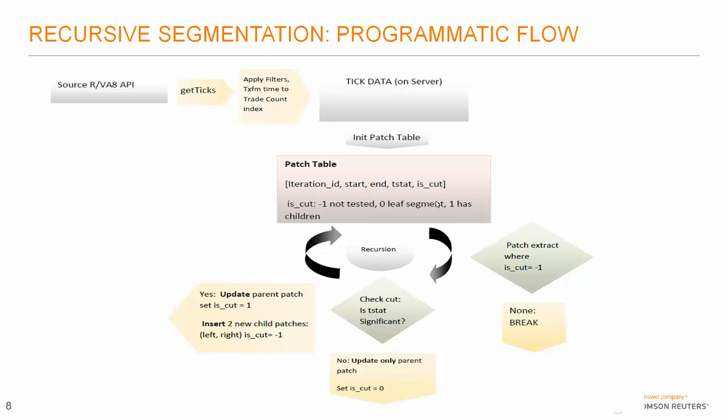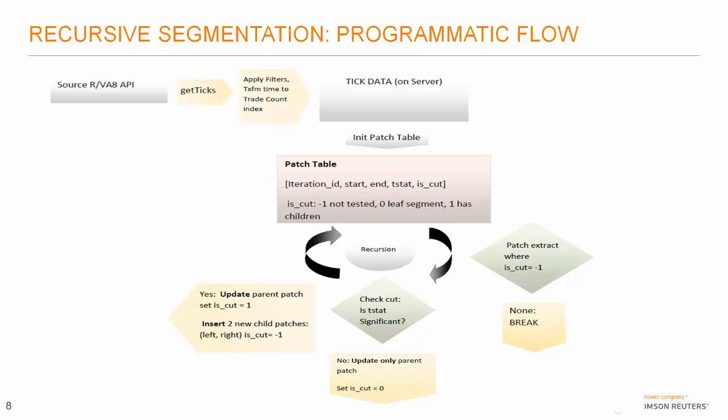The data structure that we need to do this is something I simply call the patch table, which represents the extensive compression of the time series, where we're representing each patch by a simple ID, iteration ID, a start index, an end index, and most importantly, a flag that tells the process whether or not a given patch has been tested, in which case we set the flag to -1, to 0 if the patch is a leaf segment that cannot be cut further, or to 1, in which case a given patch can be cut into 2